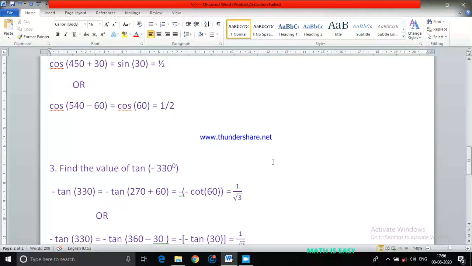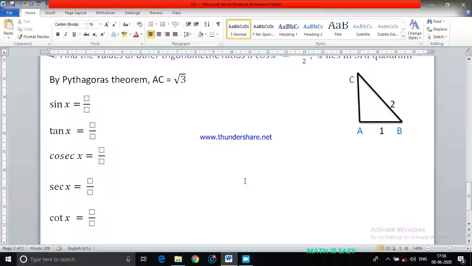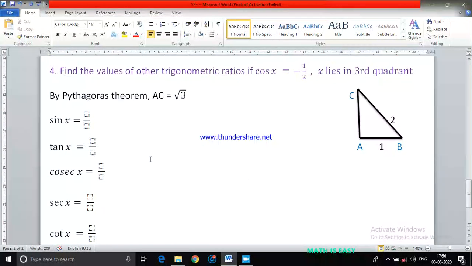Okay. So 229 still I can do. How can you do 229? 180 plus 49. So 180 plus 49 means I'll come to the third quadrant. For example, sine 229 you want, third quadrant sine is negative. So it will be minus sine 180 plus 49, right? 180 means you are crossing the x-axis, sine will remain sine. Minus sine 49. To find that 49 degrees, I have to use the trigonometric table that you will learn later on.